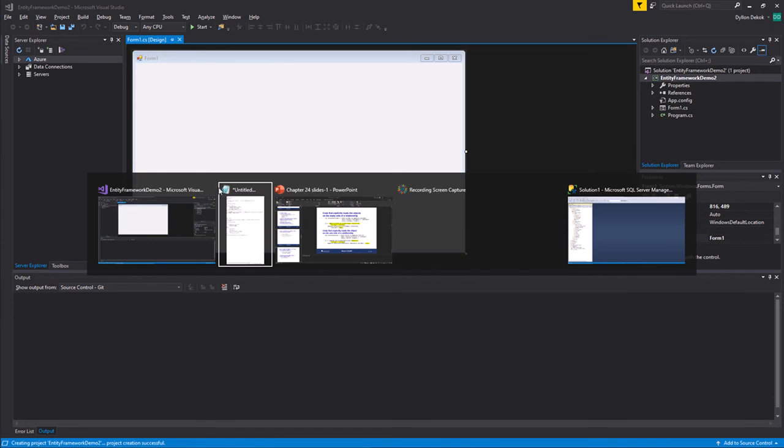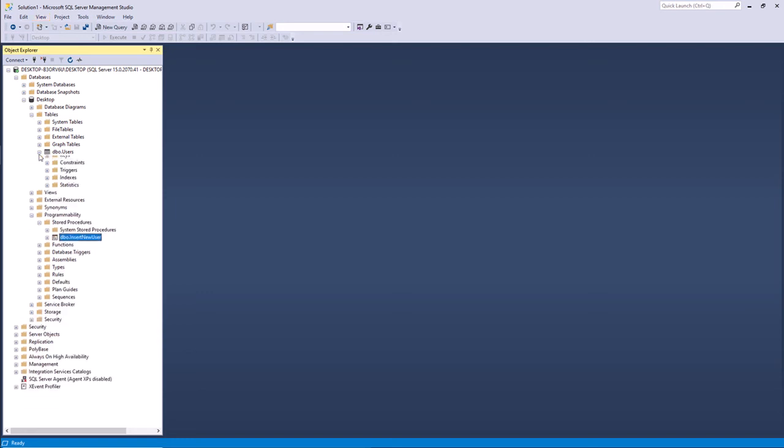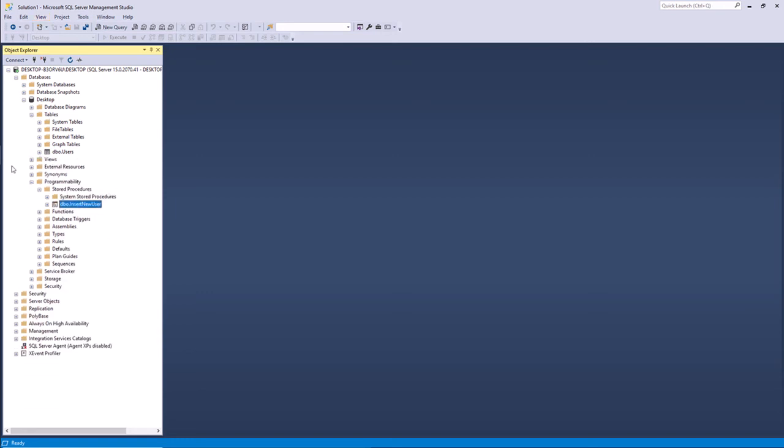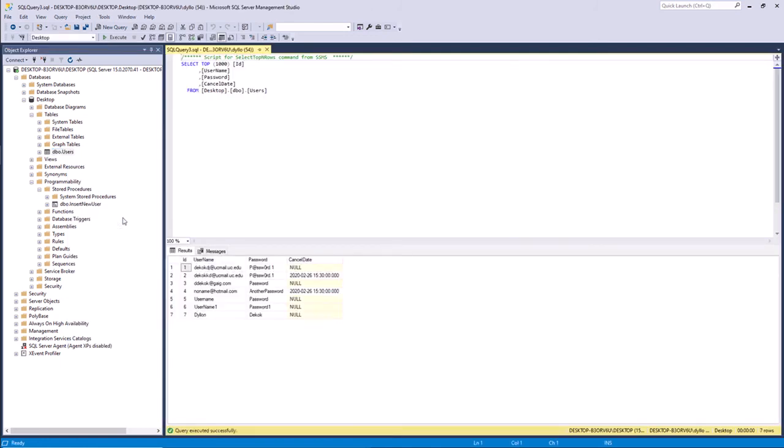I'm going to go over, I already have a version of SQL Server installed over here. So I have a database already set up that I did for the other demo I did. So I have a table, I have a users table. So what I'm going to be demonstrating is we have an application and we need to have users, username and passwords for the users that are trying to log in to our application. So I can right click here, I can select the top 1,000 rows, and then I made a lot of users